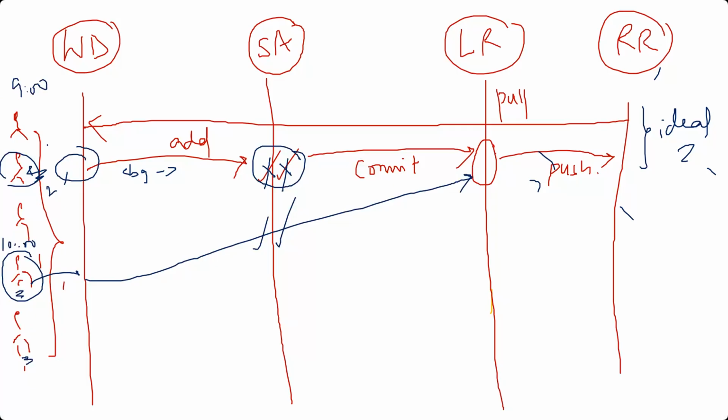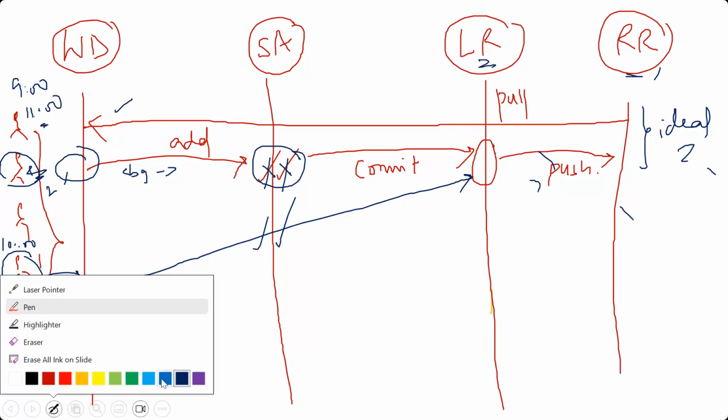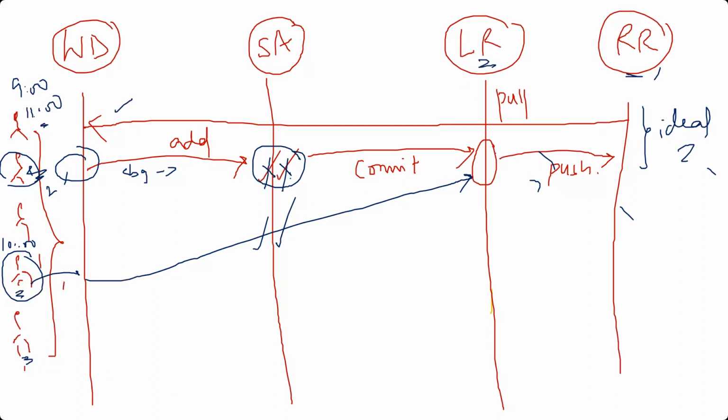But your code review and testing completed at 11 a.m. Now, instead of working on something which you pulled in the morning at 9 a.m. from the remote repository, it is your duty to check if there is anything already committed to the local repository. If they are already committed to the local repository, what you have to do is merge